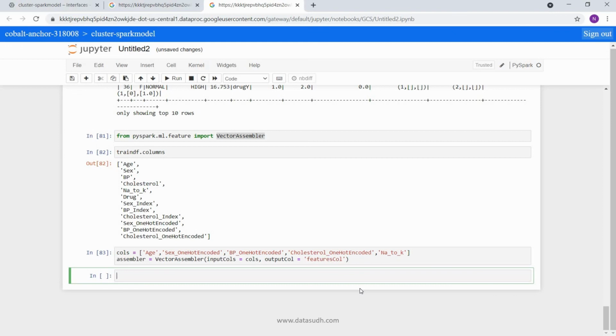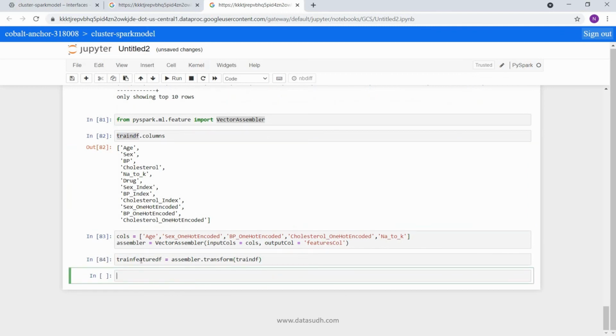Now I am going to transform my data set. So train feature df will be equal to assembler dot transform, and this was our final data frame.